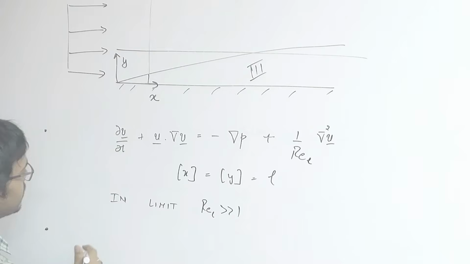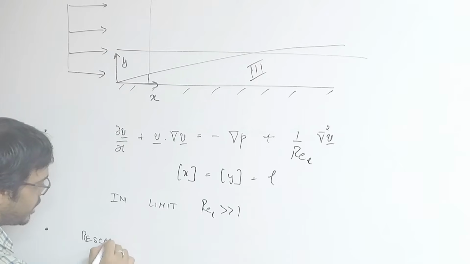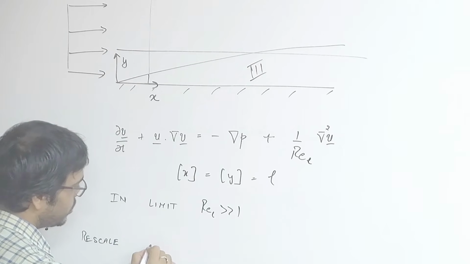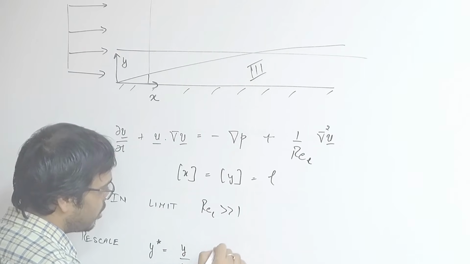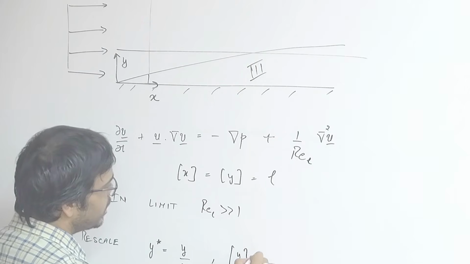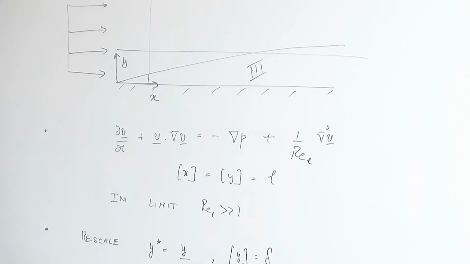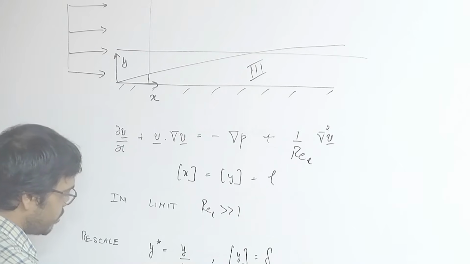what you have to do is rescale your y coordinate. So we formulated that y star should be y by delta, or we said that the length scale in y direction is delta, the correct length scale in y direction is delta, and then we derived the inner layer equations. Okay, we derived the inner layer equations